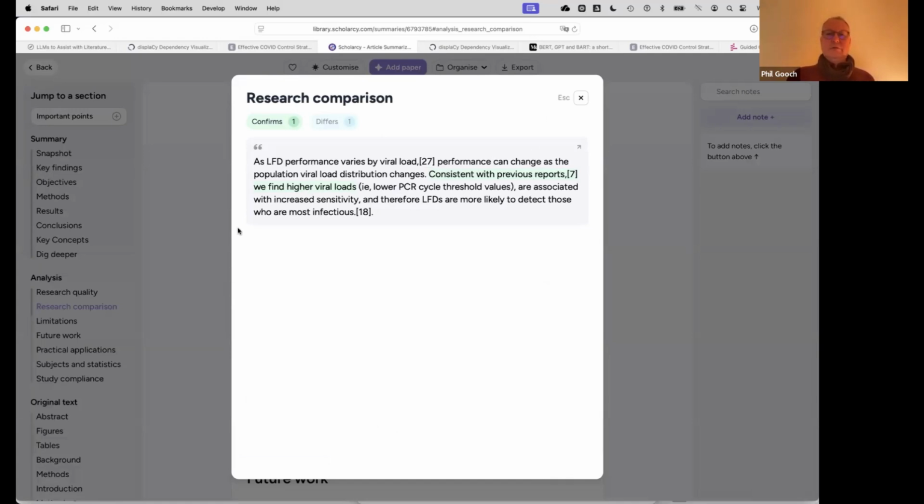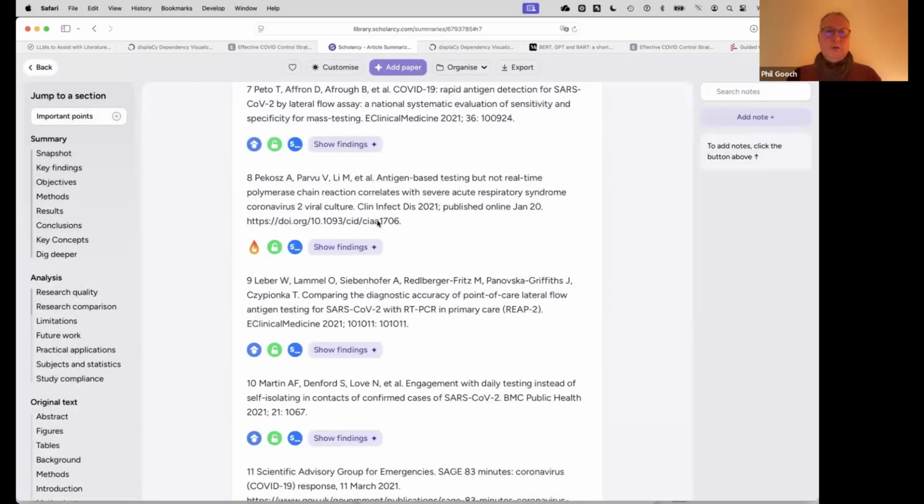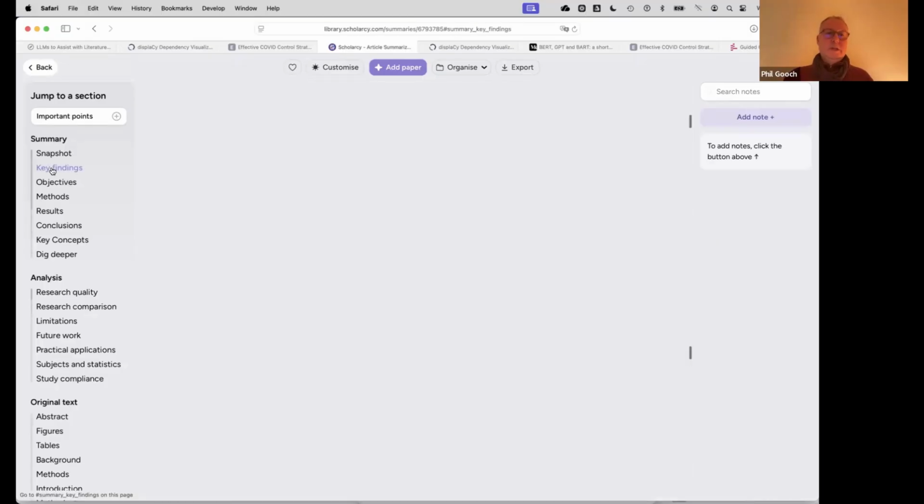So it says, as consistent with previous reports, we find higher viral loads. You can then go and check this. You click on reference 7 and you can go and have a look at it and get that paper and read it. So it's doing some of the work for you, but not all of the work. And in doing that processing, it's using traditional NLP techniques combined with large language models to do things like summarizing